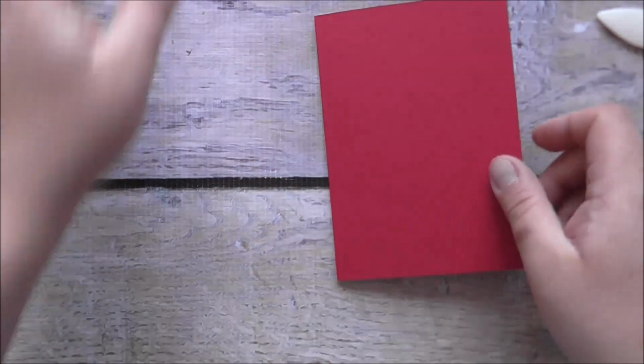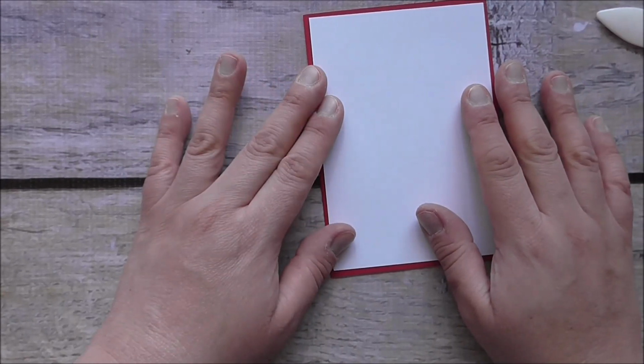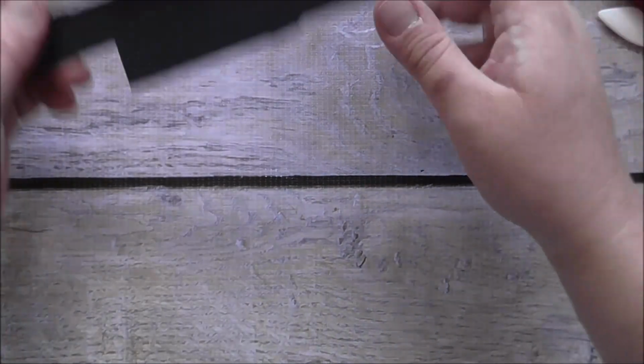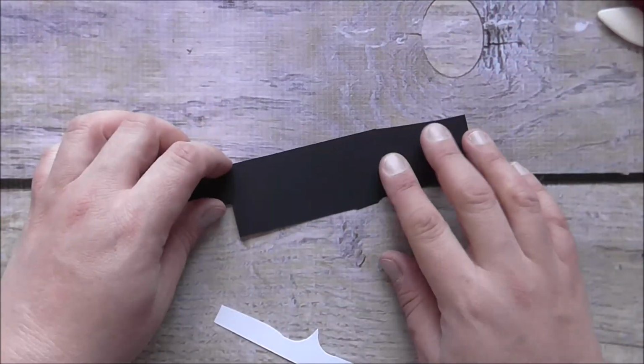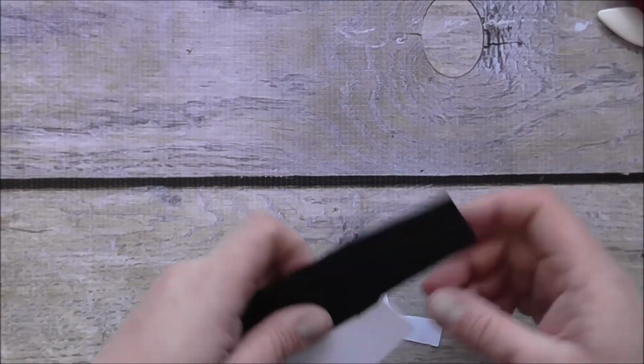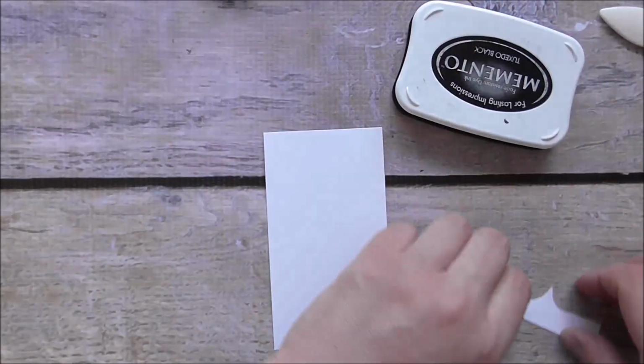Okay, I've got a layering piece of Whisper White cardstock, and that will go on top. So we'll need that, and we will also need some black cardstock and some scrap white cardstock. Okay, so what we'll do first and foremost is we'll do some stamping, and I'm using Memento Tuxedo Black ink,